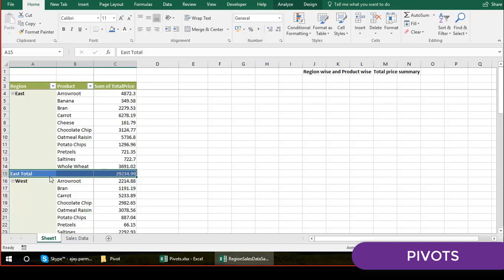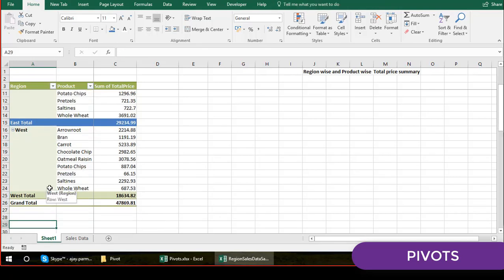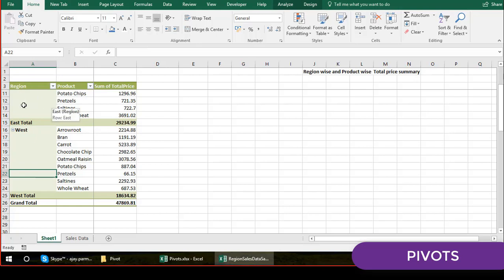Now this is good if you have only one or two totals, like in our pivot. But just imagine if you have east total, west total, east west total, north south total, and there are different combinations. You will not go down every time and select that. We can automate it. Let me undo it. How are we going to automate it? So what happens on this pivot, you see, when I go on the extreme side of the border, this small arrow sign comes. If I click now, it selects the entire area, so I can color in that way. For example, if I go here, I click here, this is going to be selected. If I click here, this is going to be selected.